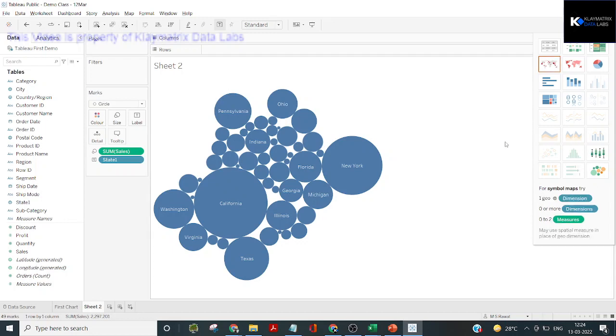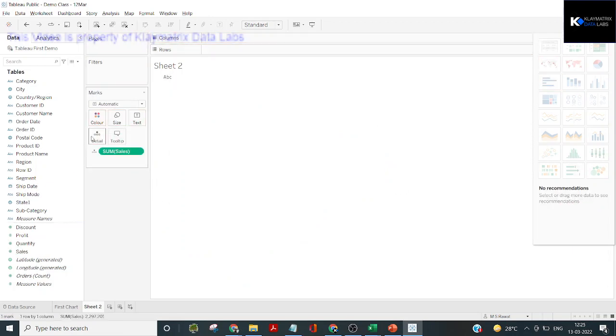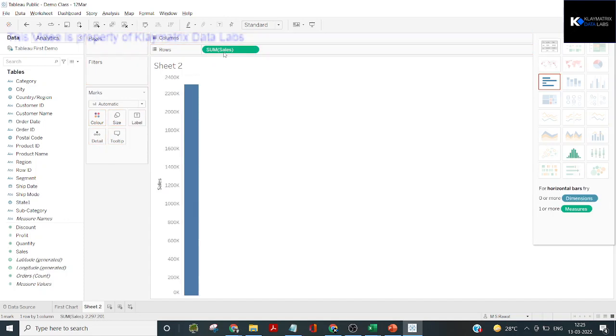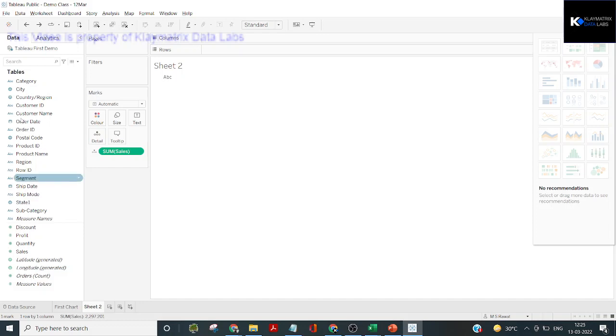So if you are to do a statistical analysis, for example, of your sales, I can use this histogram to plot the distribution and see what the distribution of this is, because it is a statistical thing. But if I want to see what the sales are across states, then you can use a bar graph, like the way we did some time back, right? State across state, what is the